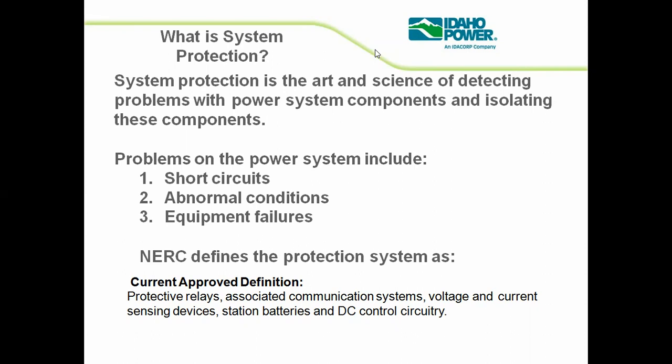Now the next point: the problems on the power system include, which problems come in our power system. Generally, in many frequent cases, we see that one of the major problems in the power system is short circuit. Next will be abnormal conditions. Abnormal conditions means that suddenly, at a particular instant, your voltage level will rise very high, or it will fall to a very low level.